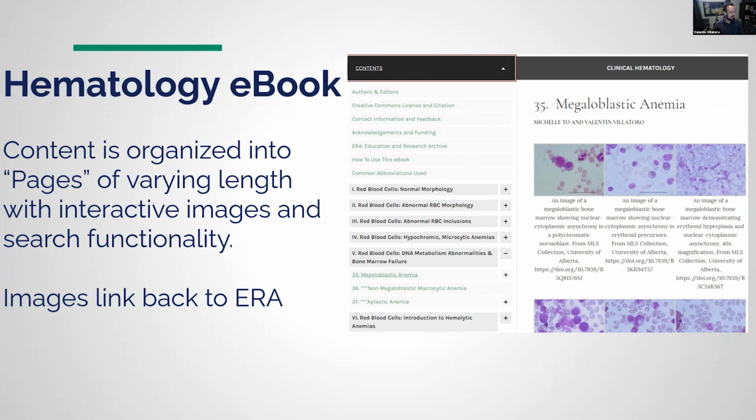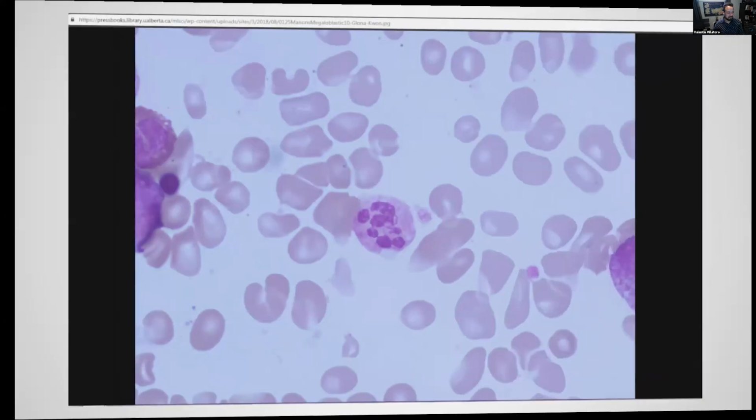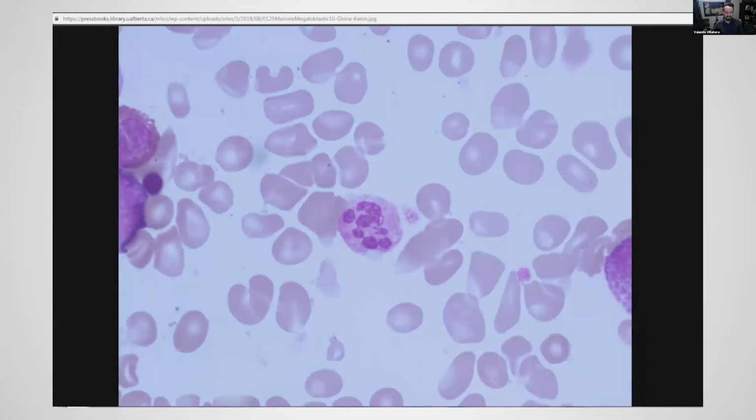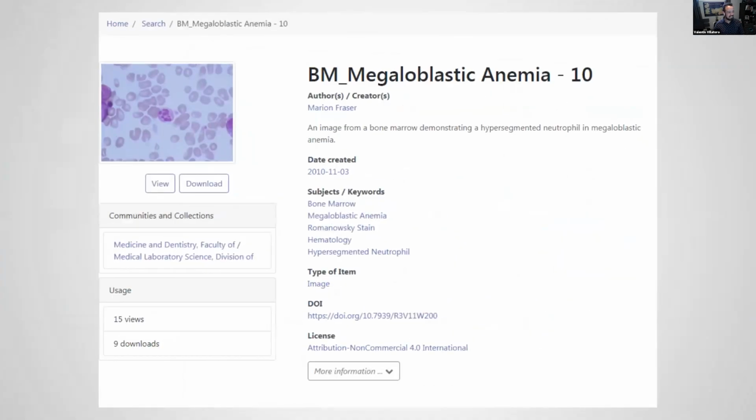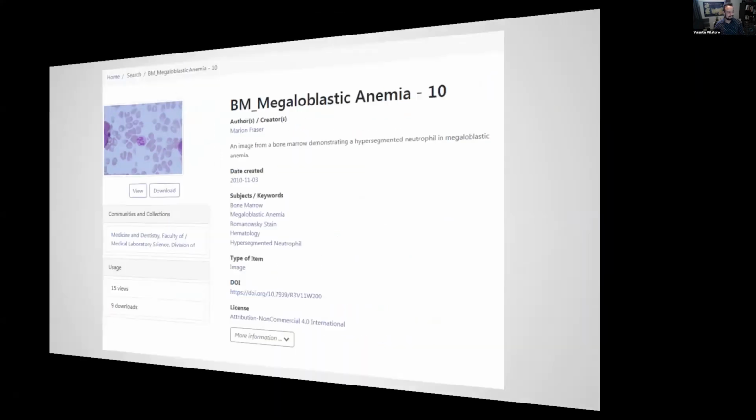And they all link back to the research archive so that when you click on an image, you can expand it. You can go to the database and look for other related images to help students who just need more and more images and more examples.